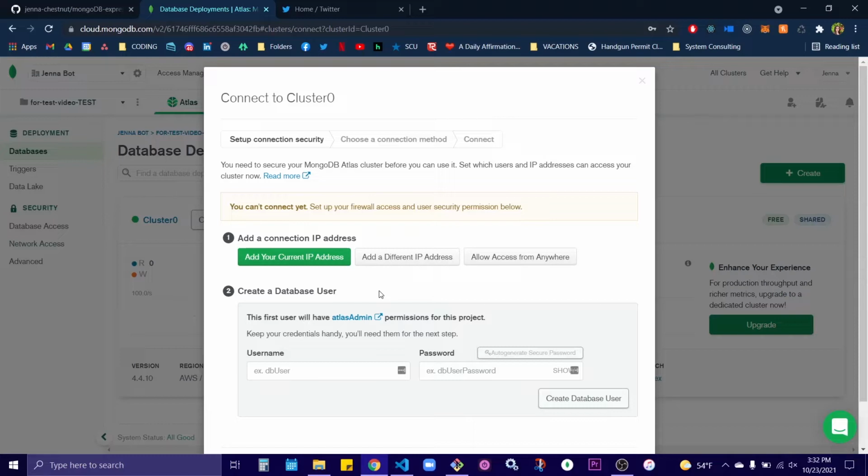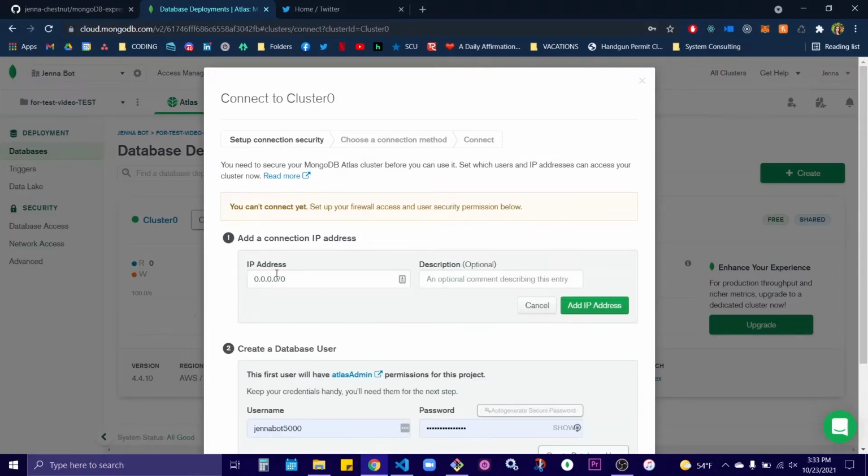So I'm gonna show my stuff on here, but just so everyone knows, I am deleting it, so don't try to hack into my stuff. So what we want to do is make it so that we're able to connect to this database. If you're doing the test one, I would recommend just doing your current IP address. For security reasons, I'm just going to have it allow access from anywhere because I don't want my IP address